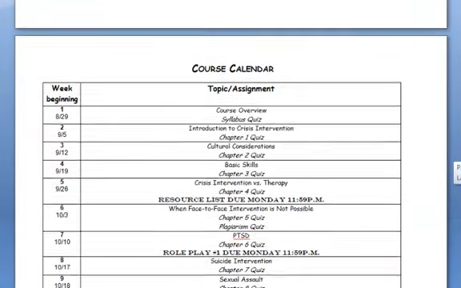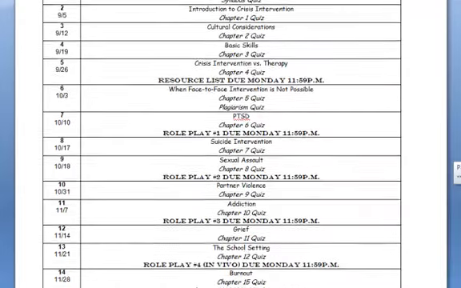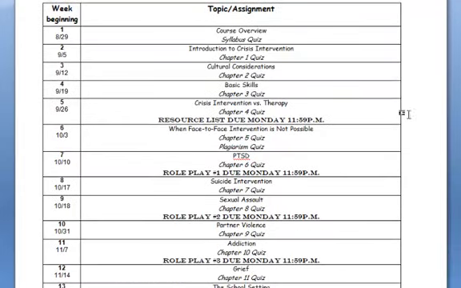The last part of the syllabus is the one you probably want to print out and have beside your computer, the calendar, where you'll see each week what we'll be going over. Obviously, the video for today is the course overview and the syllabus, posted this Monday. The quiz is due at the end of the week on Sunday. Then each week I'll post a video, and the quiz will be due basically at the end of that week. You can see the assignment due dates here on the calendar. They're not in the body of the syllabus, but they're here on the calendar.